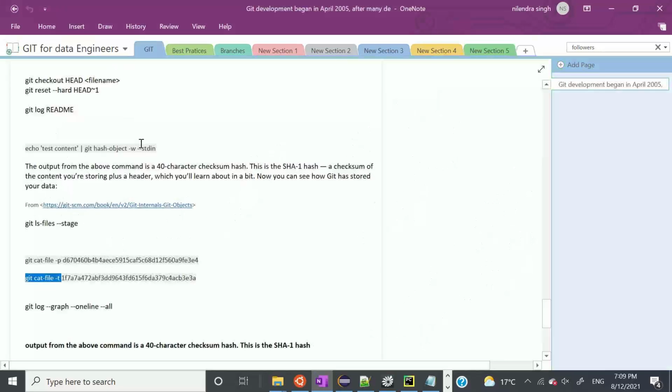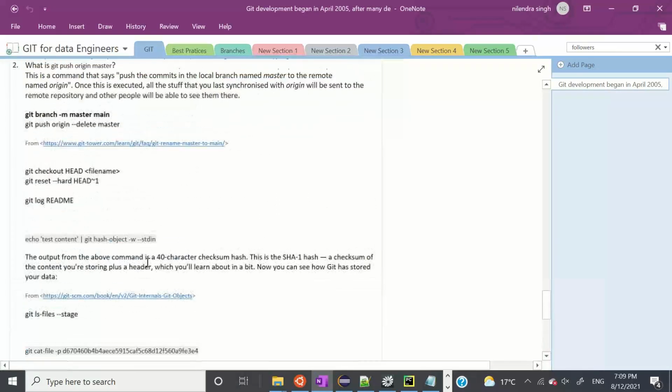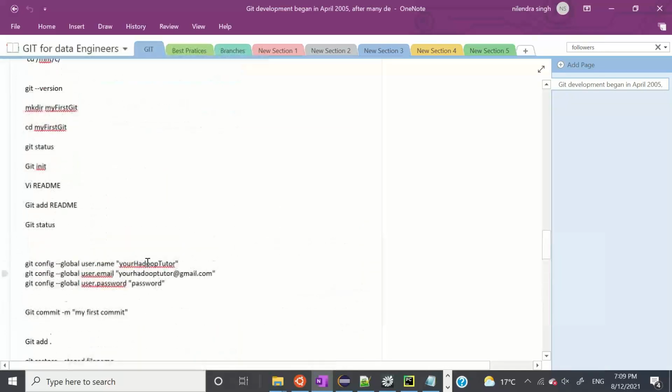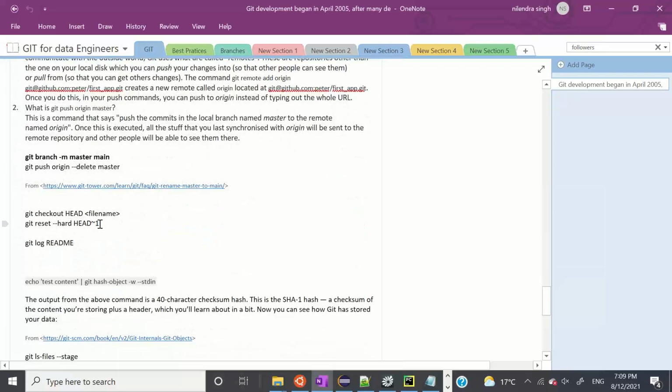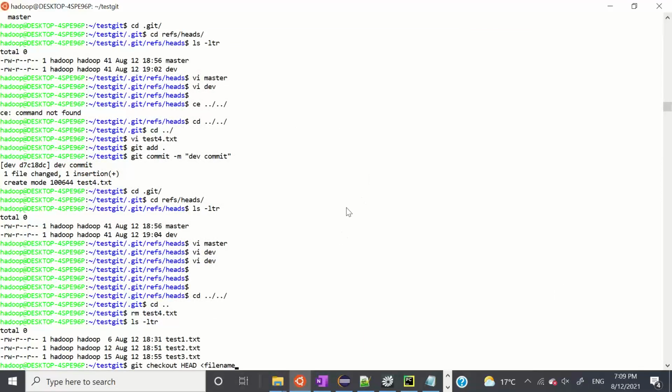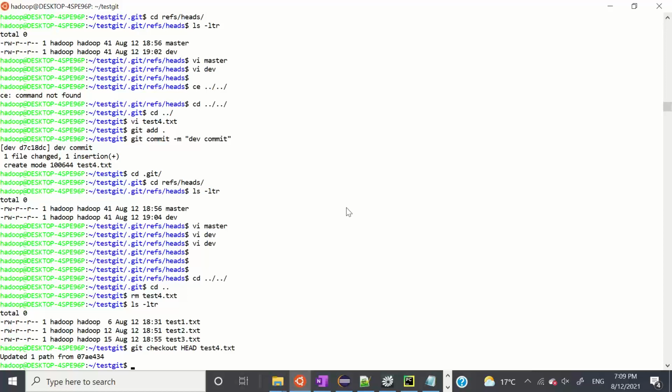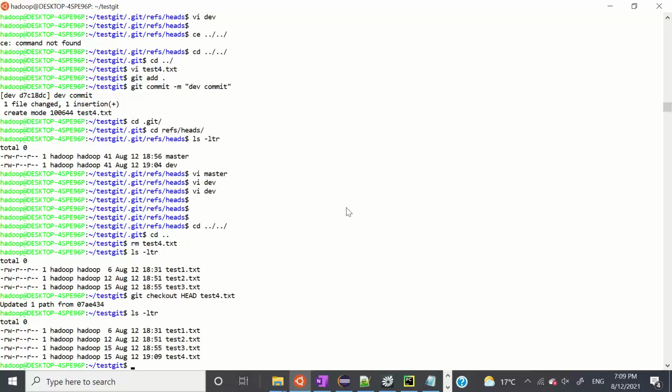Now how to get back that file? It's very, very simple. Let's see. Yeah. So what I can do, there are 2 ways. Let's try the first way. Which file do I want? test4.txt. Perfect. Oops. See, I have deleted the file. What I say is, okay, I deleted that file by mistake. Do one thing. Please check out, or please bring me